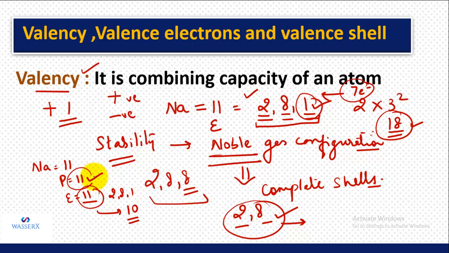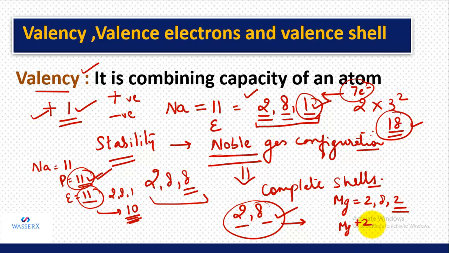That is the reason whenever any atom loses an electron, its valency is written in positive, because the number of protons gets increased in comparison to electrons. So in this case, the number of protons will be 11 and for electrons it is 10. So that means 1 positive charge is increasing. That is the reason we are writing plus 1. Similarly, if you have magnesium, the electronic configuration is 2, 8, 2. It will lose 2 electrons. So in that case, the protons will exceed by 2 charges. So its valency is going to be plus 2.